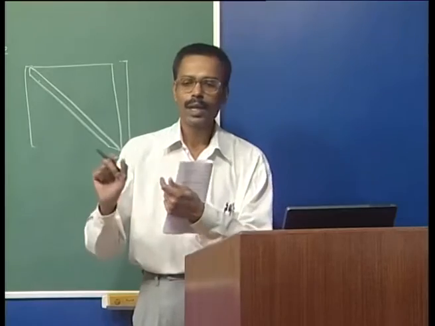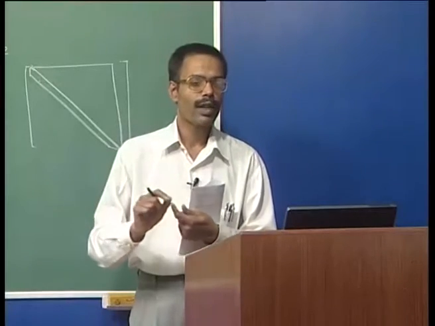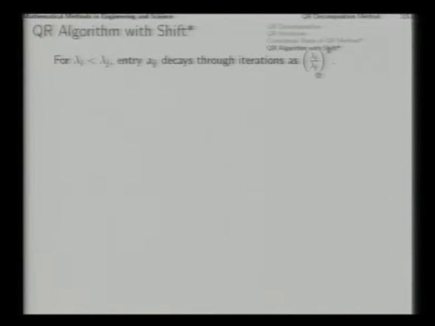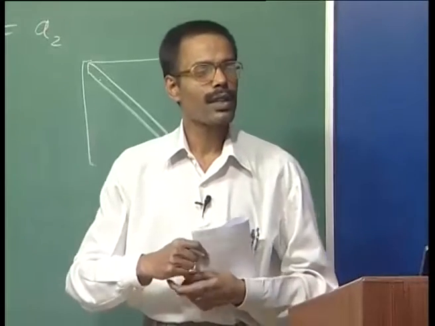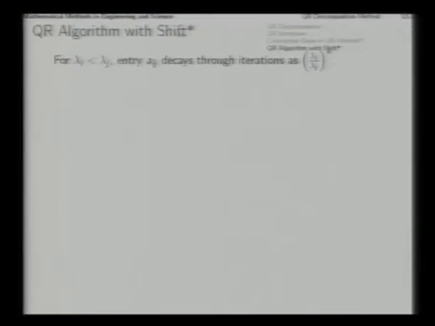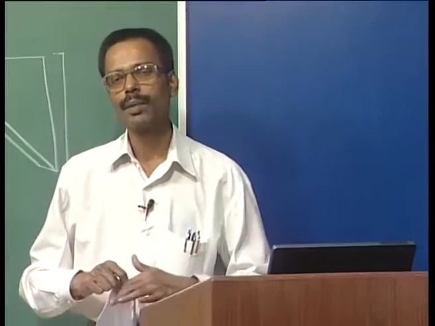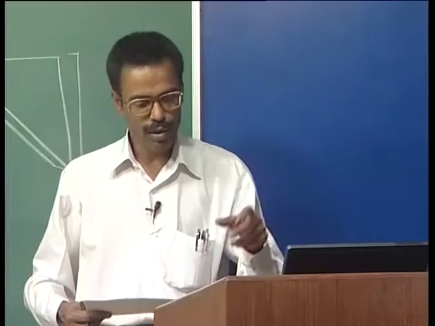Based on this observation of convergence rate, there are also some sophisticated algorithms which try to shift the matrix, shifting all its eigenvalues leftward and rightward, in order to artificially decrease this lambda i minus lambda j, which will mean that if this is very small, then over successive iterations the errors will drop at a very fast rate. Such an algorithm is called QR algorithm with shift. It is a little complicated, and that is why we will not be discussing it here, but that is what is professionally implemented in most of the professional software library routines. But we will not go into this.